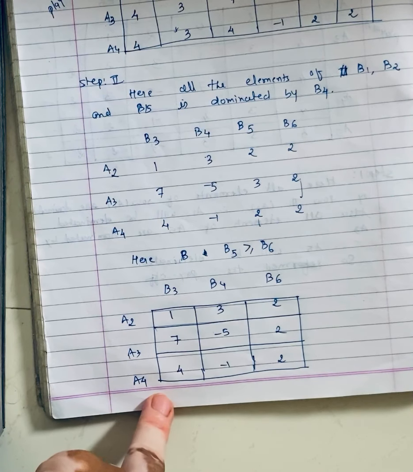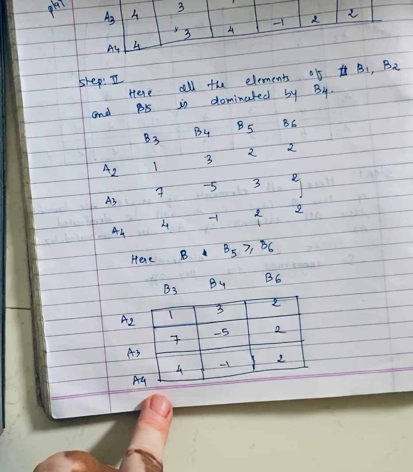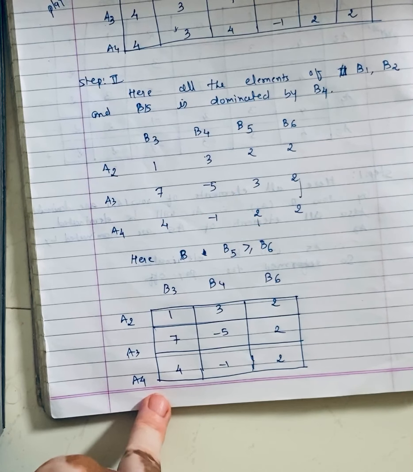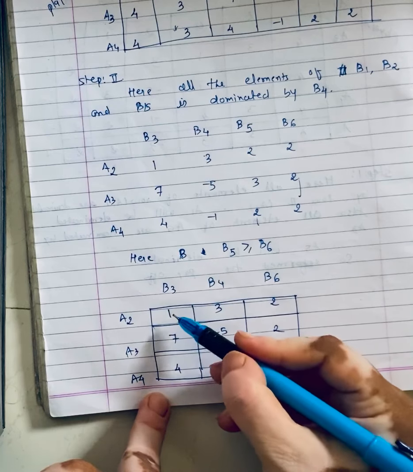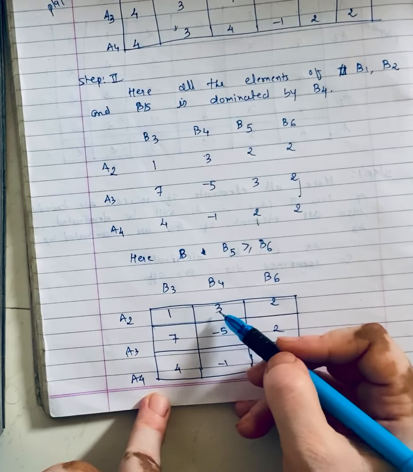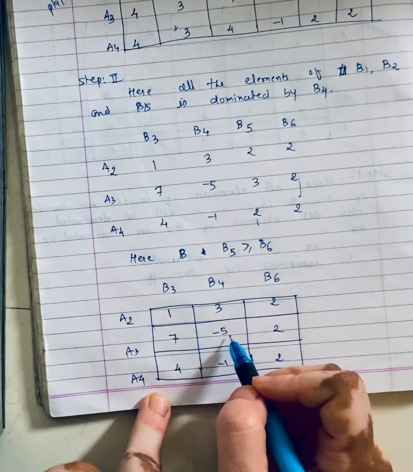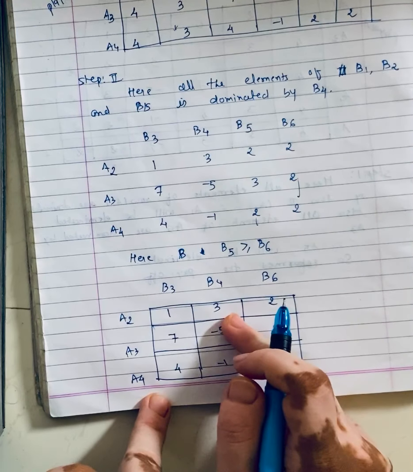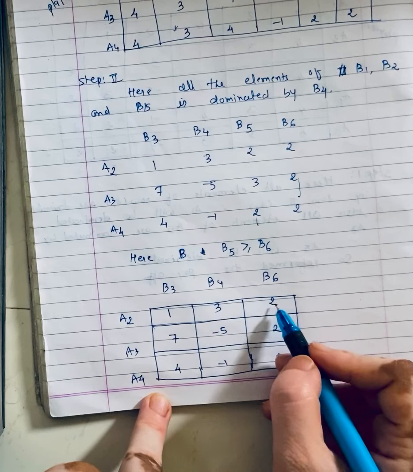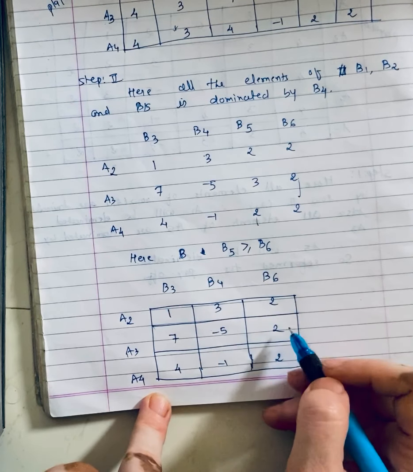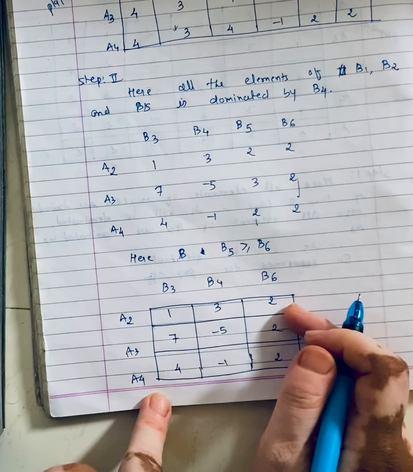So we have to apply the average rule. Okay, so let's check how to find the average. Okay, row otherwise column में भी एक बार देख लेते हैं. 1 is less than 3, but 7 is greater than -5. So B3 और B4 का comparison नहीं हो सकता. B4 और B6 क्या करते हैं? तो 3 is greater than 2, but -5 is less than 2. So B4 और B6 का भी comparison नहीं है.